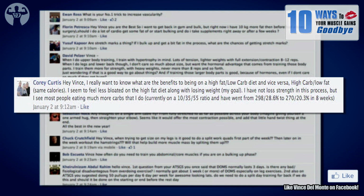Says, "Hey Vince, I really want to know what are the benefits to being on a high-fat, low-carb diet and vice versa. High carb, low fat, same calories. I seem to feel less bloated on the high-fat diet along with losing weight. I have not lost strength in the process, but I see most people eating much more carbs than I do, currently on a 10-35-55 ratio, and have went from 298, 26% body fat to 270, 20% body fat in 8